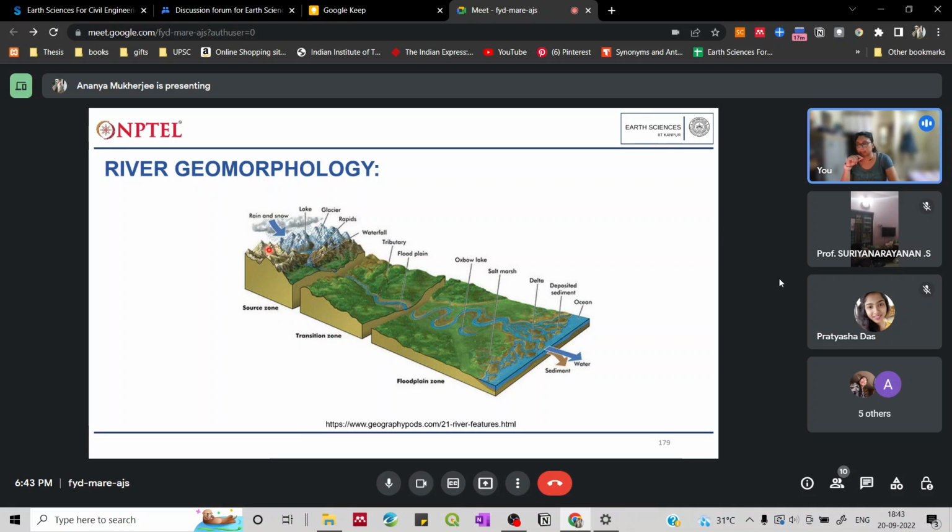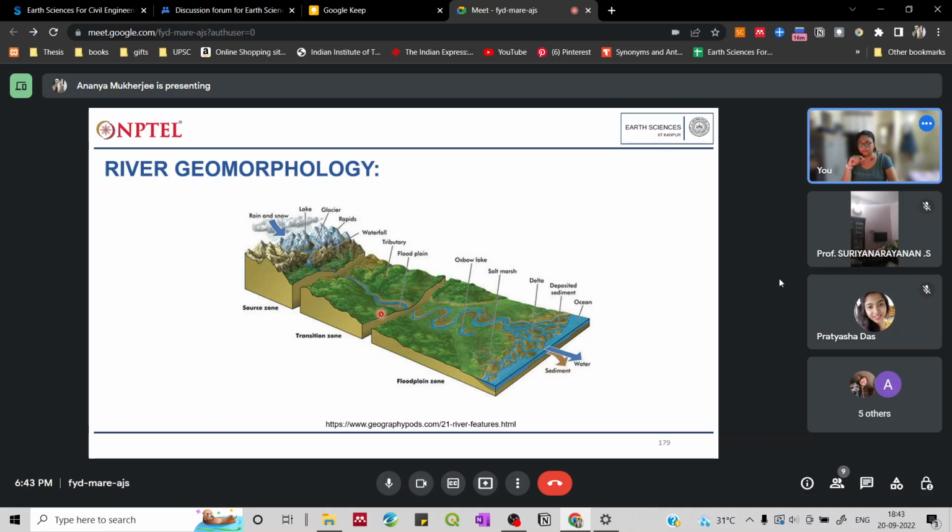Now you can see that this is the source area. This is where your lakes, glaciers and rapids are. There is also precipitation, which is a source for the river. Then you have the transition zone. In the transition zone, you can see that more tributaries are coming and joining the main channel over here,